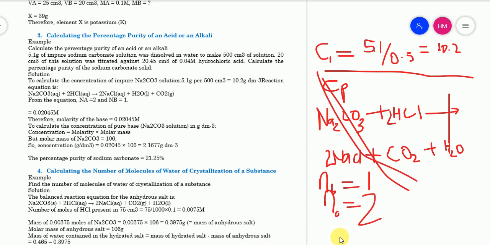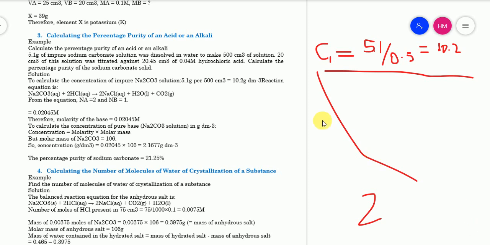Our normal, sorry for that. Now we are using our normal molarity formula. And by using our normal molarity formula, so by using our normal molarity formula, tutaenda kupata, manake hapa tutakuwa tuna molarity. Tunataka kupata molarity of base. So molarity of base, I hope you understand. Molarity of base is equal to molarity of acid,